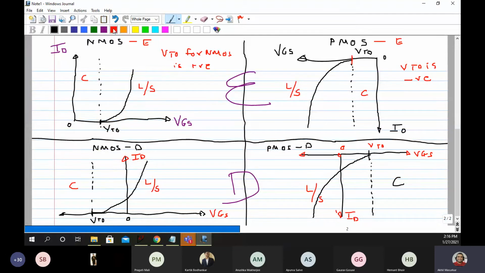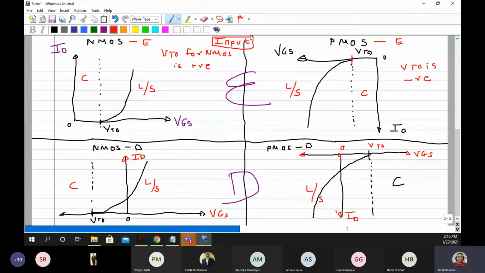All these characteristics are input characteristics. I showed you 4 devices and the 4 characteristics of these devices. Which characteristics? Input characteristics.